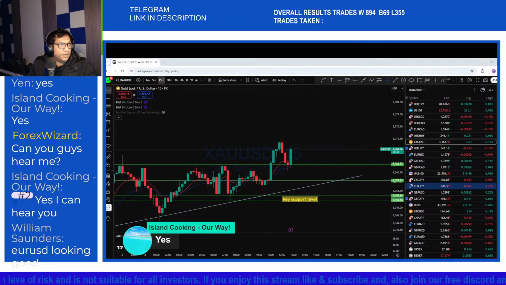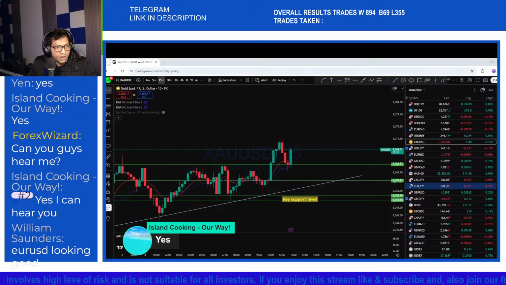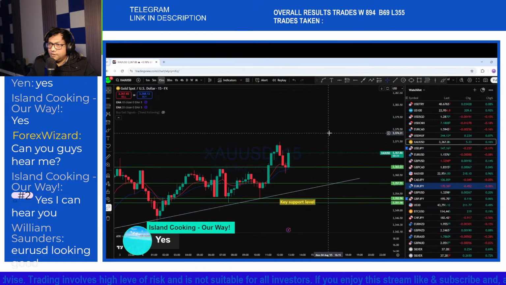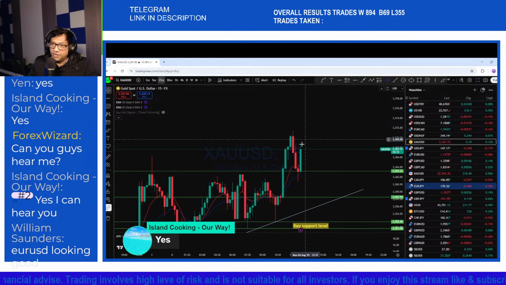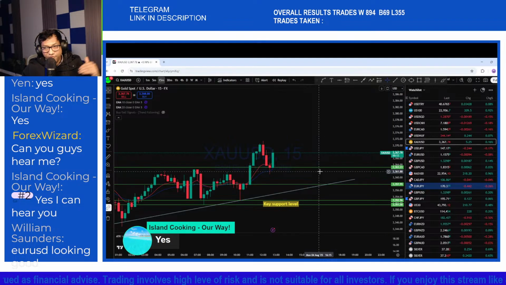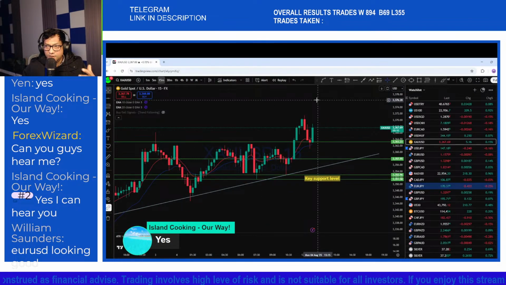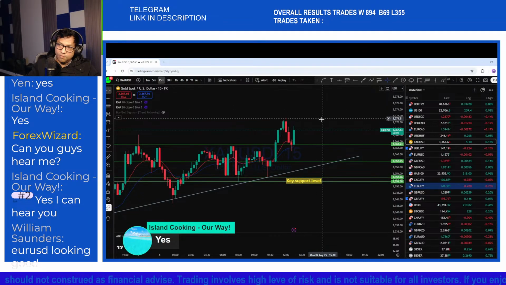Coming up tomorrow, we will see dollar news, ISM service PMI. That will definitely have a stronger impact on this market. And with that move, if you look at gold, the 15 minutes has created this bullish impulse at the moment. And what I think is that with the NFP, you can see it created that impulse to the upside. Currently, whenever the price is moving back up, coming for a pullback, it shows that bullish impulse.